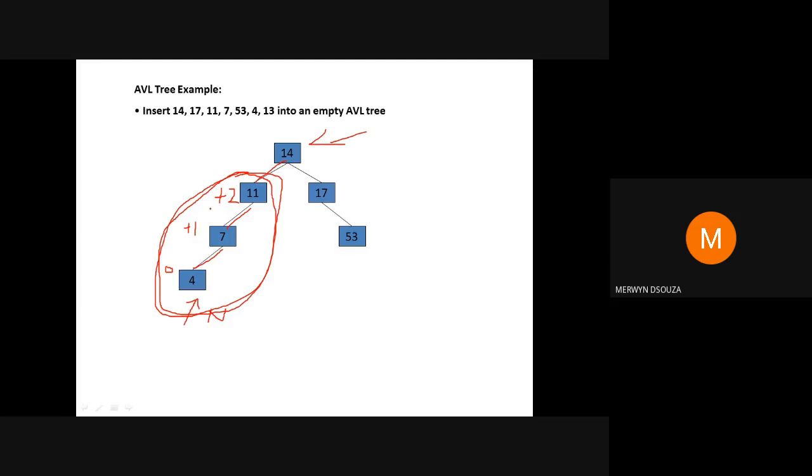To correct the balancing, you have to apply a rotation. We know there are 4 rotations. One of those 4 rotations has to be applied. How do you identify it? 4 has been inserted as the left of 7. 7 is the left of 11. So that means you are going to apply the LL rotation. Please note down what I'm telling. So when you're applying the LL rotation,